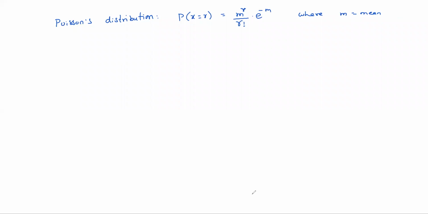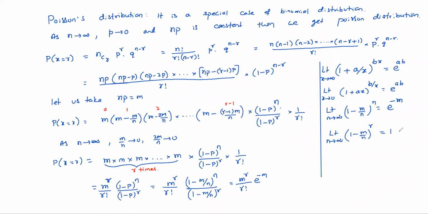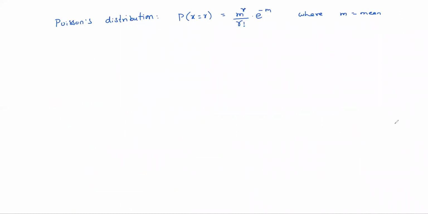For your clarity, why it is 1 here, you can check it. Take some m value, n value and r value. Take a very big value of n and some value of r, and do the powers, and actually you will get 1. So finally this is the Poisson distribution. The number of parameters is only 1 here, that is the mean value. In binomial distribution 2 parameters were there, but here only 1 parameter.